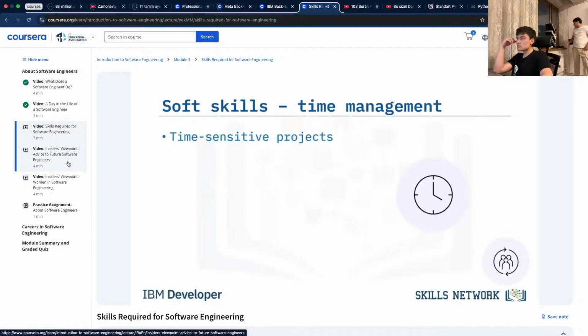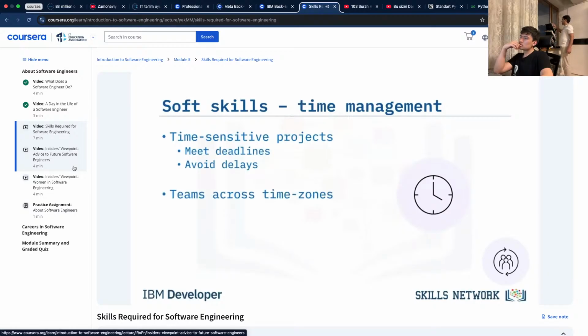Software solutions are often time-sensitive projects, and as such, your manager will be keen that you meet their deadlines. Managing your own time is imperative to ensure that you don't cause delays to others waiting for your work. And with increasing numbers of teams working across time zones, what could previously only seem like a small local delay can create a whole day of lost time for someone located elsewhere in the world.